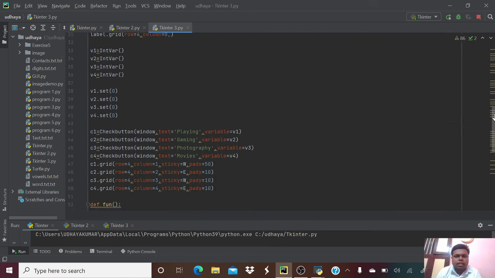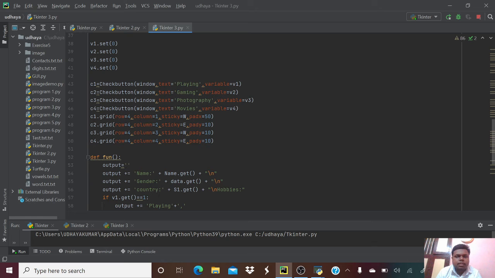Like that we are choosing set of 0, set of 0, like this we are choosing.